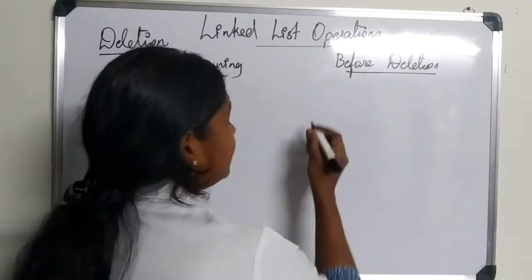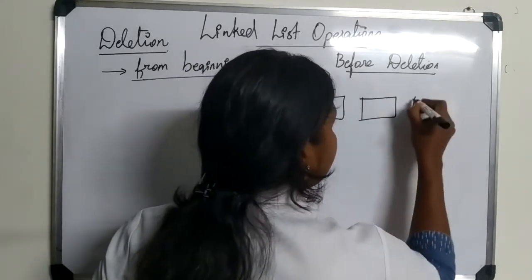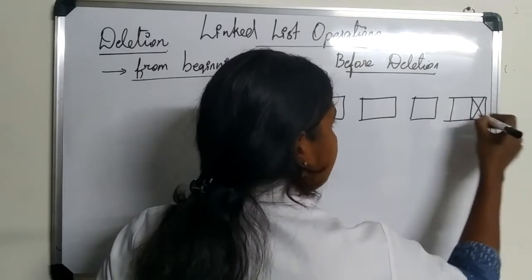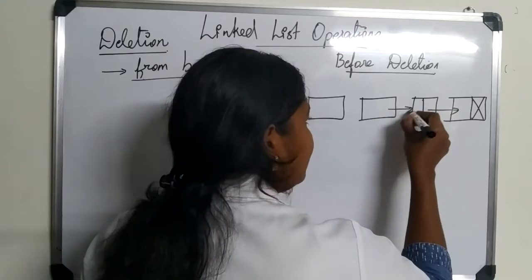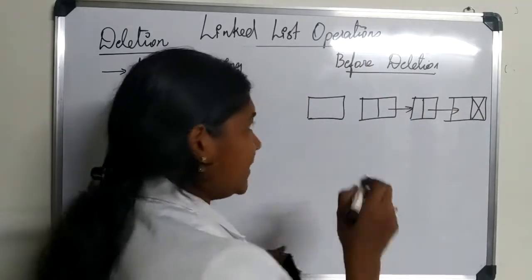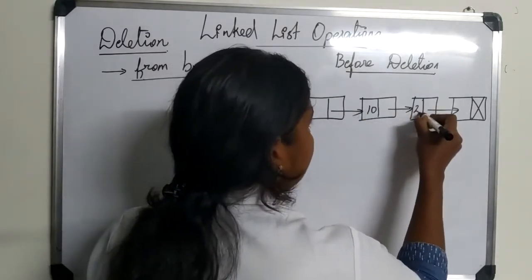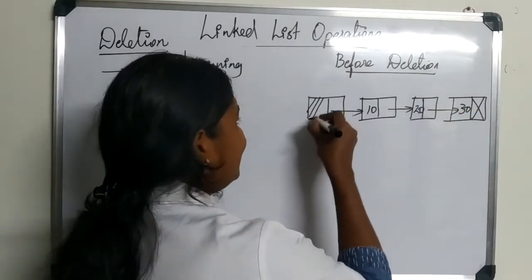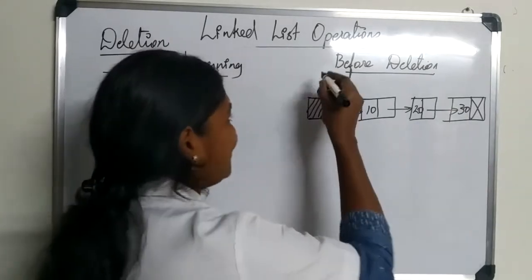So we are considering a linked list with say 4 nodes. Here at least one node is our consideration. More than one node is not a problem, but at least one node should be there. 10, 20, 30. Again, I have come back to our previous example because I have again taken the elements in the correct order.